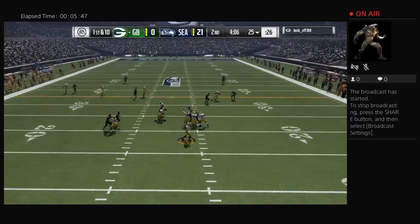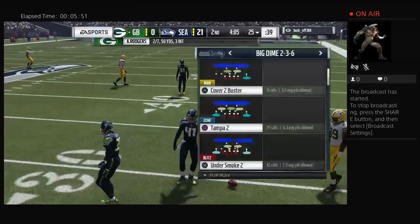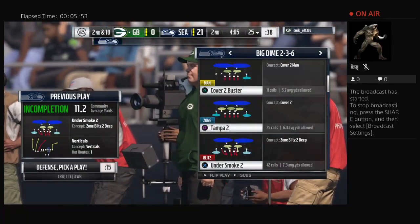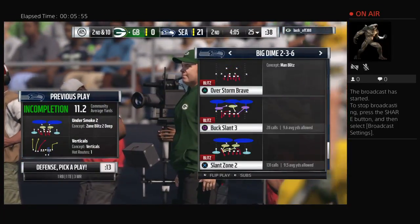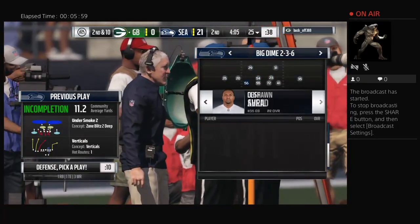They go back to the air here after the INT. And he couldn't hang on. Would have been their 4th pick of the game. Instead, second down. CD, wanted to get your thoughts just on the landscape of the offseason for each of these